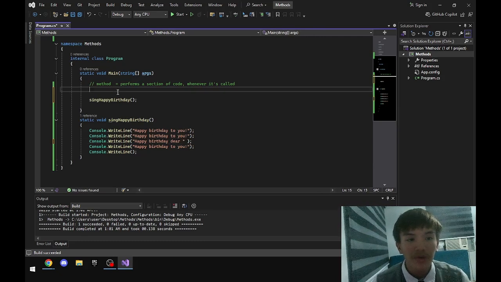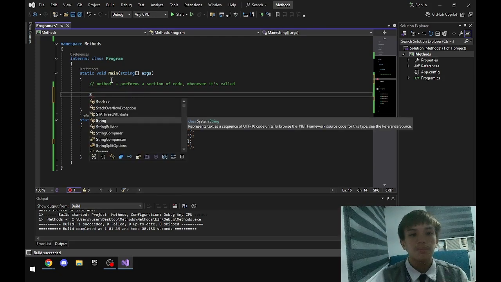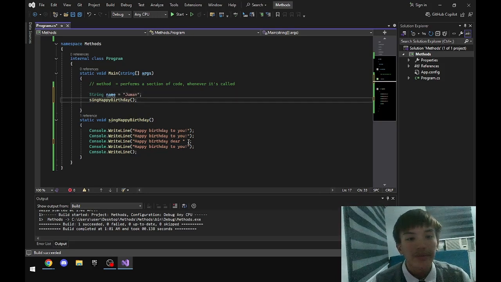So what we would do is declare a variable over in our main method, and how to do that is simply by typing string name equals, and let's say the celebrant is me, so Juan. Let's declare the name to be Juan. Of course, we can't forget our quotation marks. There we go.